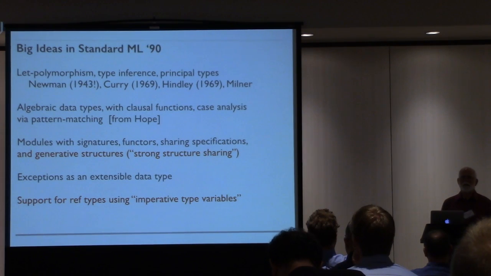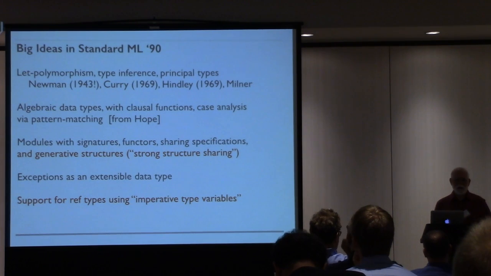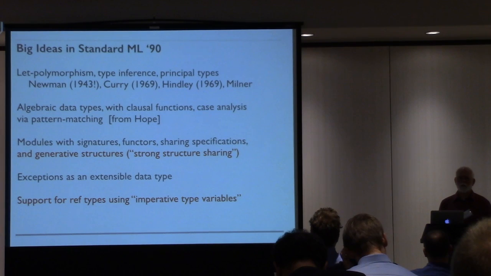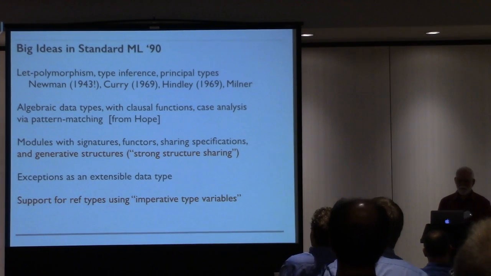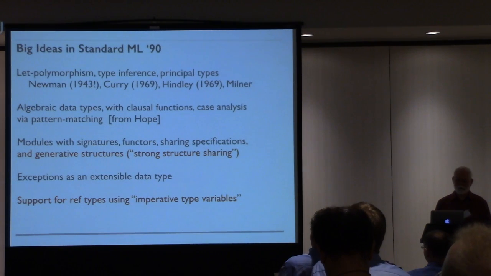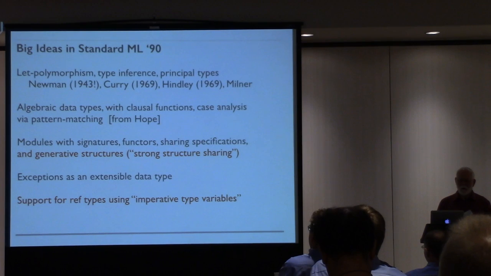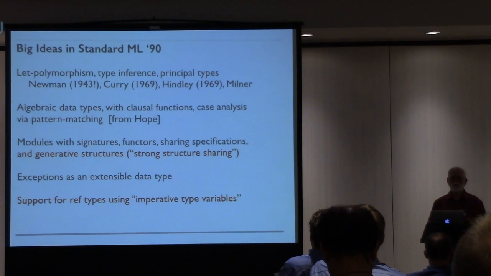But it essentially gave a way of doing typability checking for Church's simple theory of types. But in fact, if you look at the algorithm, it's easy to take it a little bit further and do type inference. So it goes back to 1943 at least. Who knows where else it was invented. Algebraic data types from Hope was a major idea. The module system with signatures, functors or module functions, and sharing specifications, which is regarded as a kind of mystery, but it's kind of automatic if you do the exercise of trying to just abstract over modules. You find you need sharing